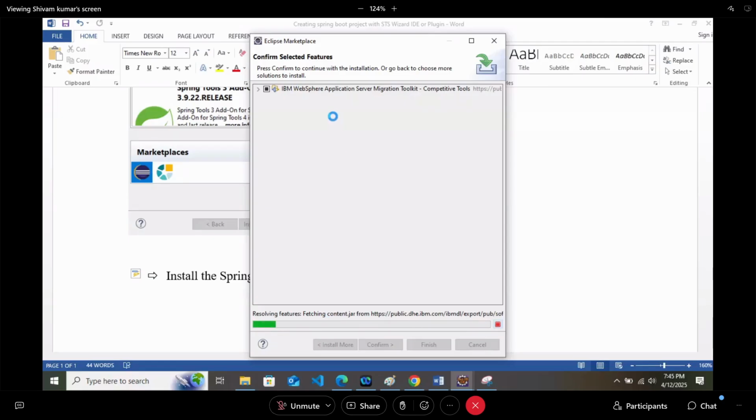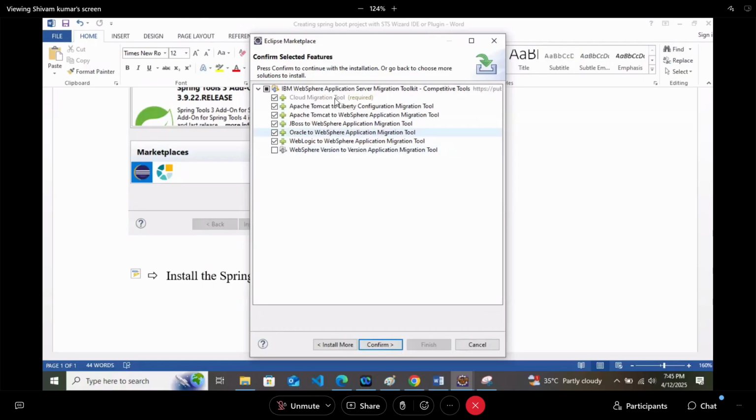In between, it will ask you to click yes, yes, yes, like that. Don't think that just by clicking on the install button it will get installed. No, it might ask you for some permissions. So like this, it will give. Now just confirm, and just like that you can do.